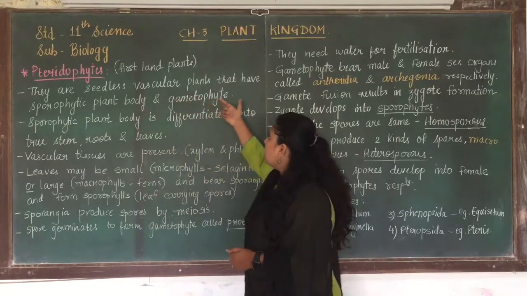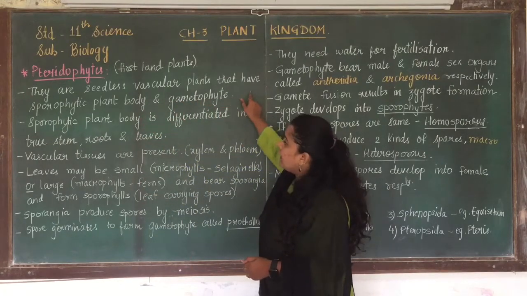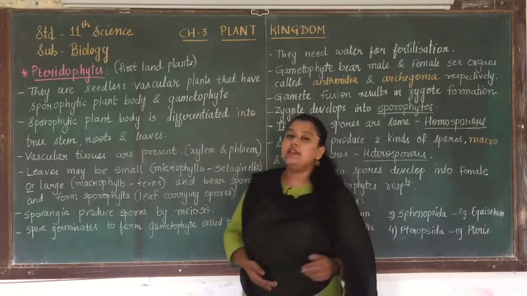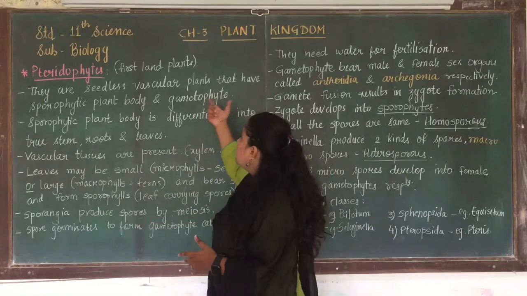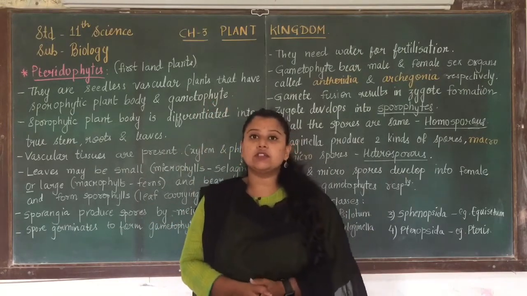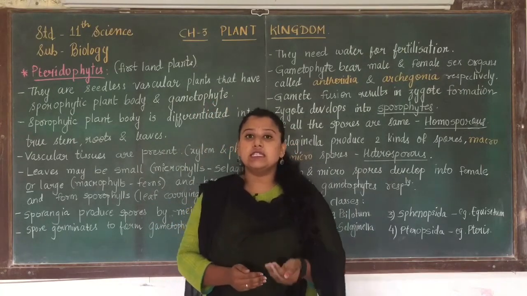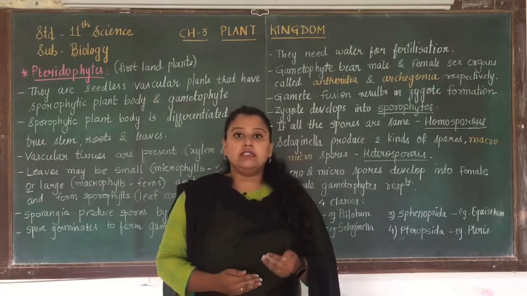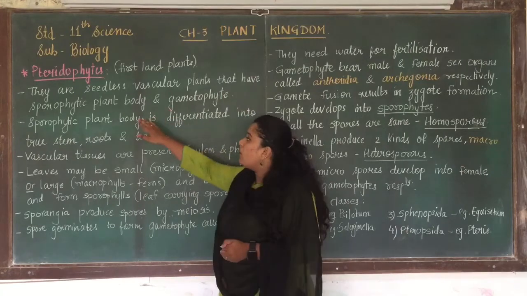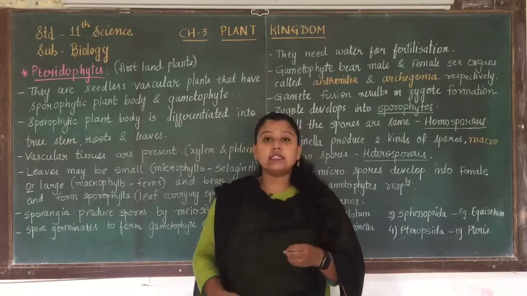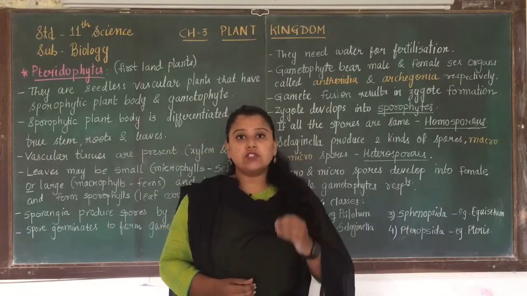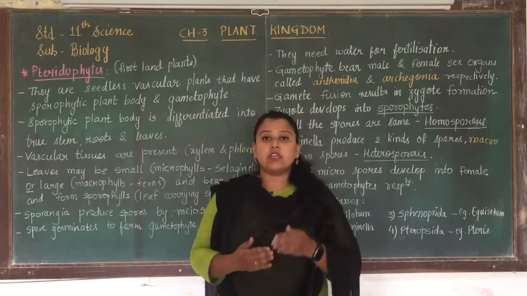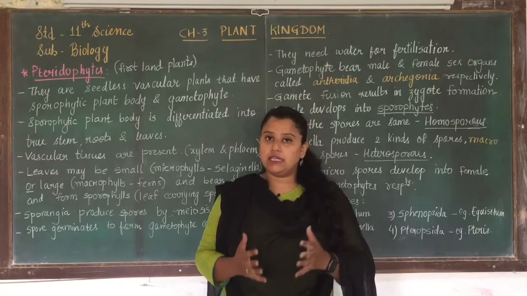They are seedless vascular plants that have a sporophytic plant body and gametophyte, right? Seedless means they do not produce seeds. Vascular plants means they do contain the vascular tissues. They have a sporophytic plant body, that means a plant body which is going to bear spores, as well as they are also going to form the gametophyte which is going to bear the gametes, that is